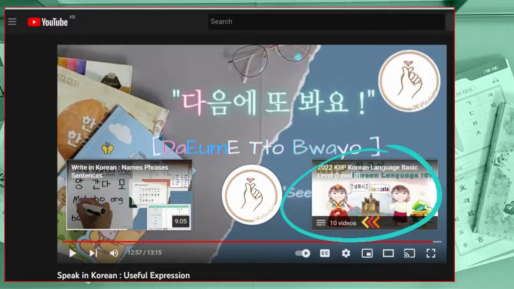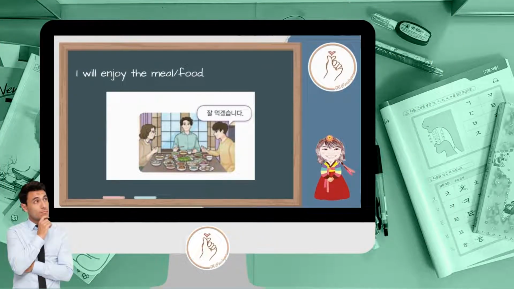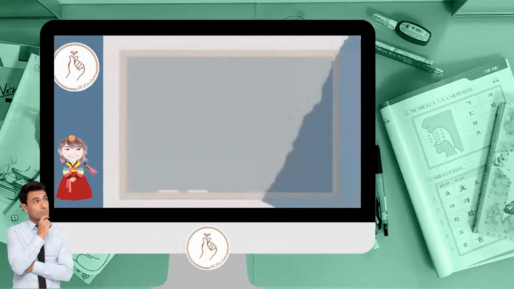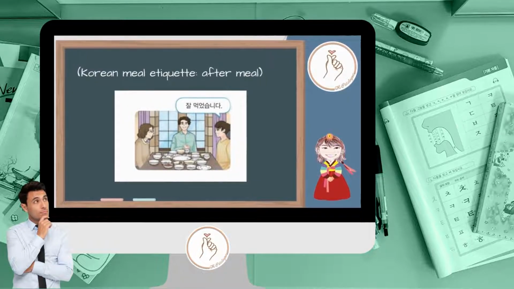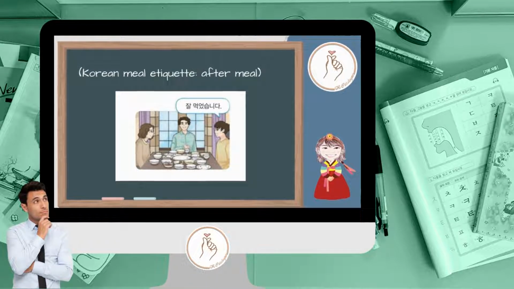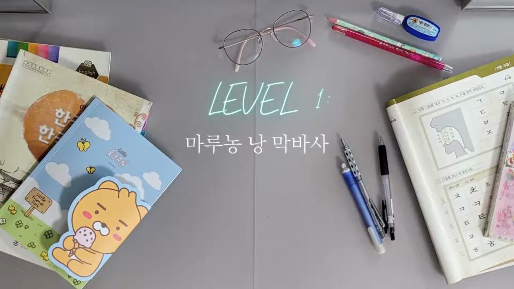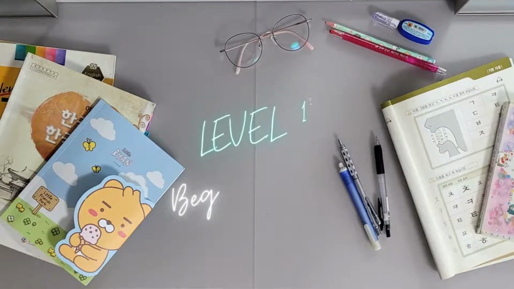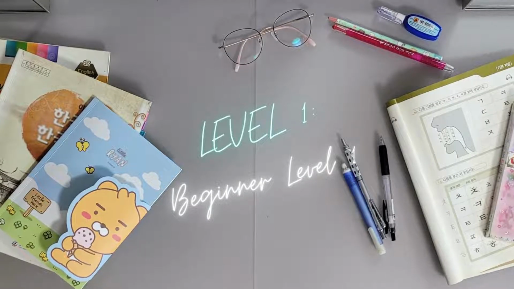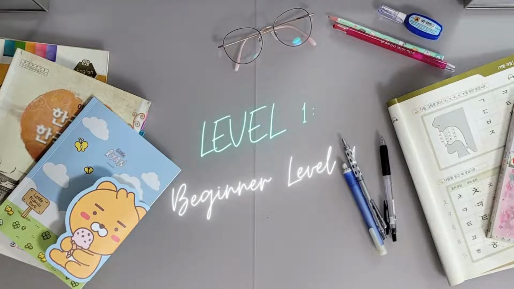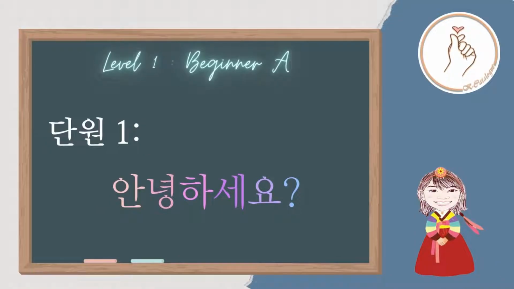So, if you want to master the Korean alphabet or Hangul, you can always check our videos for that. And if na-complete mo siya from the start up to the useful expression, I assume na somehow marunong na tayong magbasa ng Korean. And moving forward from level 1 pataas, more on grammar and construction ng kanilang sentence yung pag-aaralan natin. And so, to start our first lesson for our level 1, nakalagay dyan, danwon 1 or danwon il,